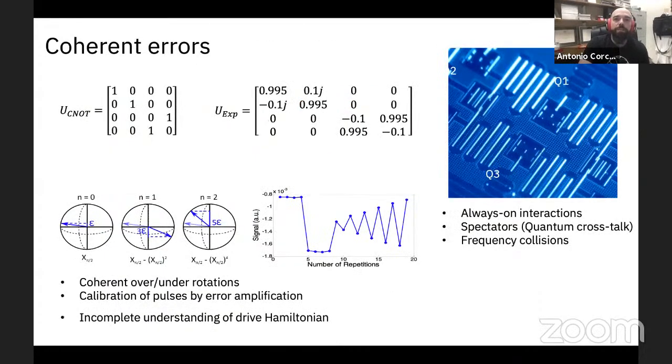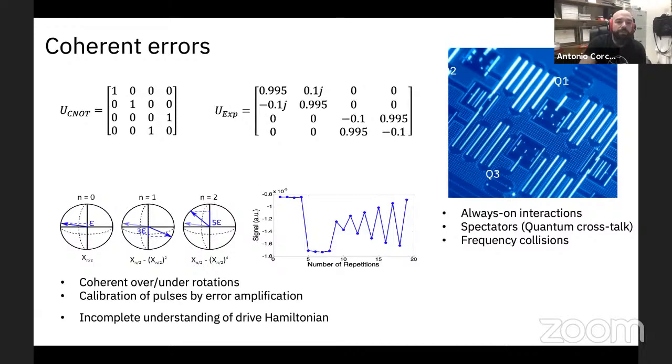So I will talk a little bit about errors. I will start with very little about coherent errors because they are very particular in the sense that no loss of information happens, but you are trying to make an operation on a qubit, and then you are not implementing the operation you want. You're implementing something different because of some error in calibration and so on. And this is correctable if you really know what your error is. So there is always a way of